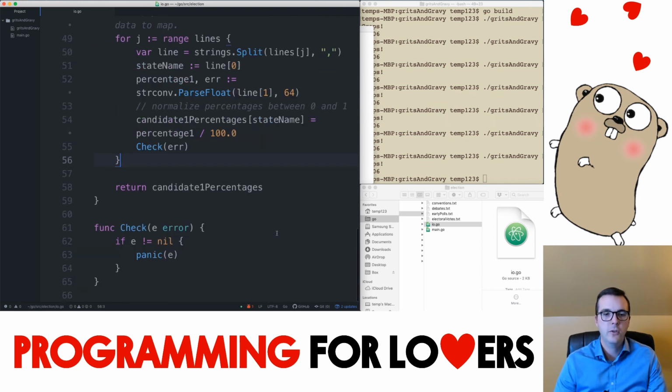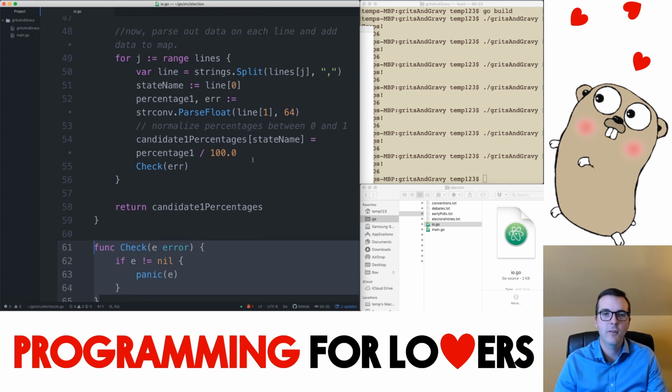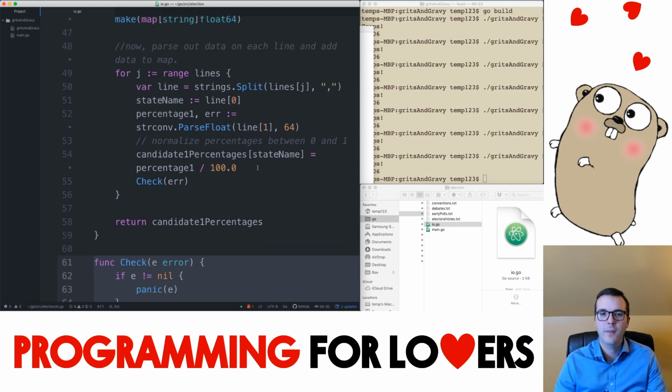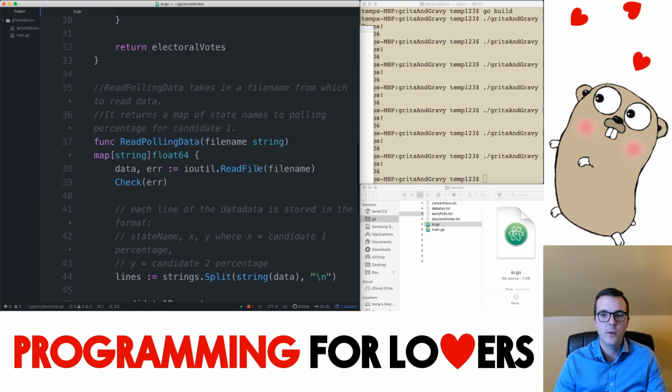So those are the two functions that we have, and I have a little error checking function there where I make sure that if any error happens in this reading from file process, then I'm going to panic and end the program so that I can ensure that I've read through the files and accessed everything in the file. So that's it. That's all I'll say about io.go. I want to focus on main.go,